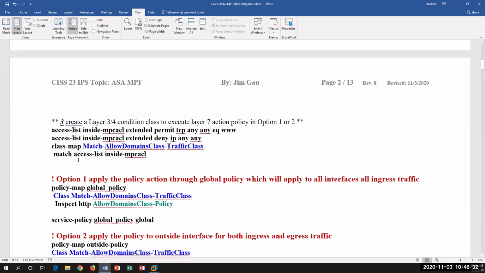And number three, which is what we will focus on today, is to define and create a layer 3 class to execute the layer 7 action policy that we defined previously. So here we created one called an access list. You can call it any name you want, and it permits TCP any EQ